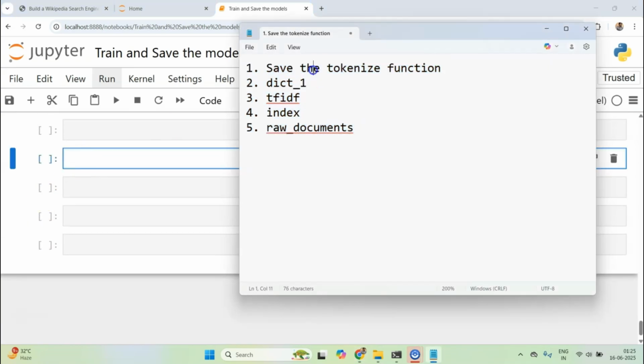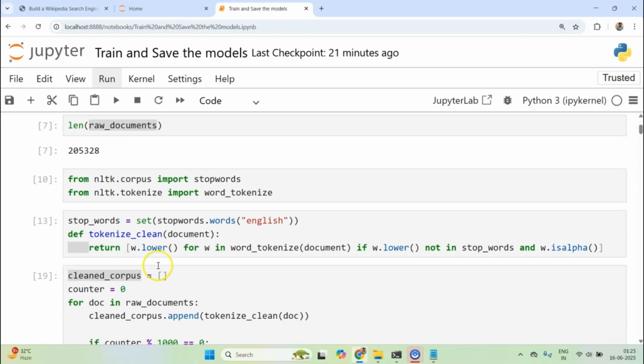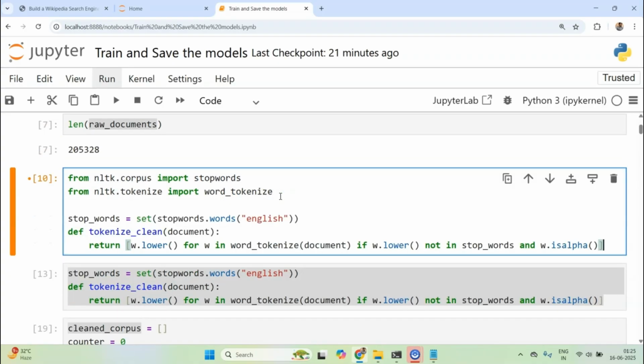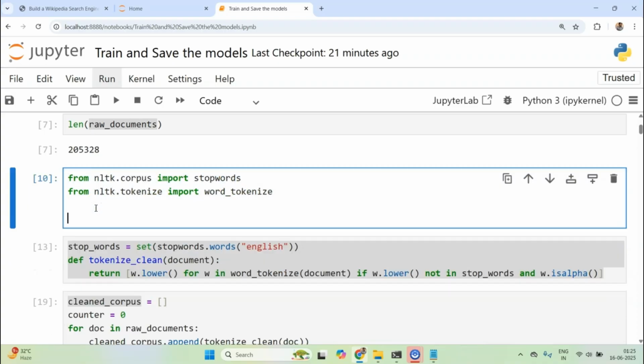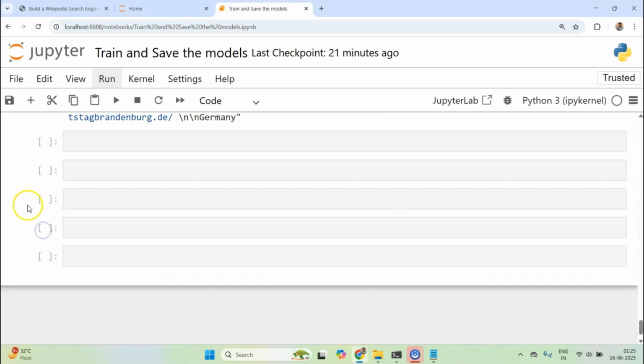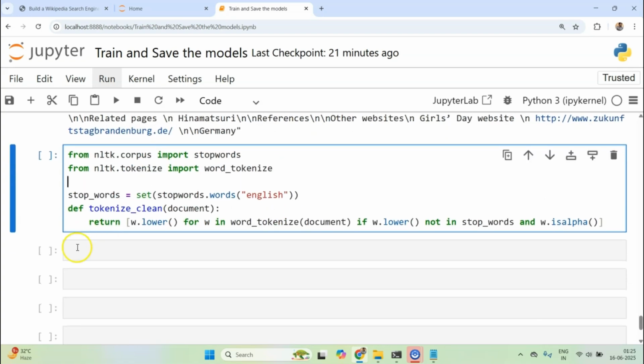So for tokenize, I don't need to save anything. I just need to separate out this functionality. What I'll do is I'll copy this and paste it right here, and I'll copy this entire thing and maybe remove this to make sure. I'll just paste it here. So okay, this is the tokenize function in its entirety. Okay, all right.